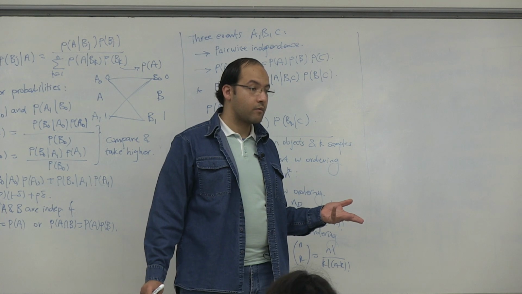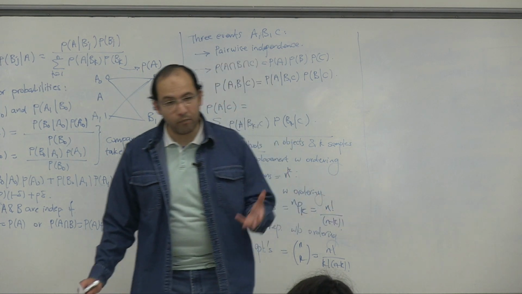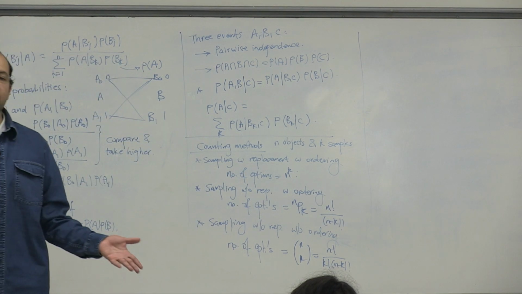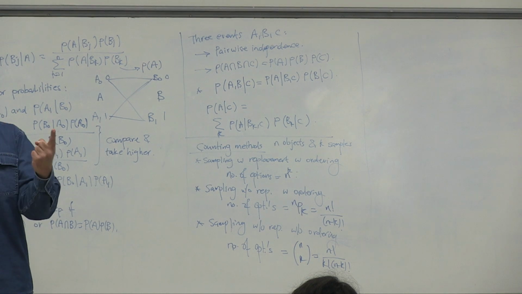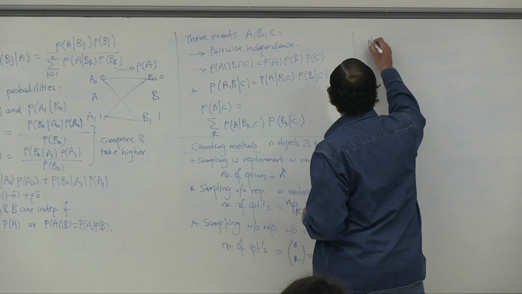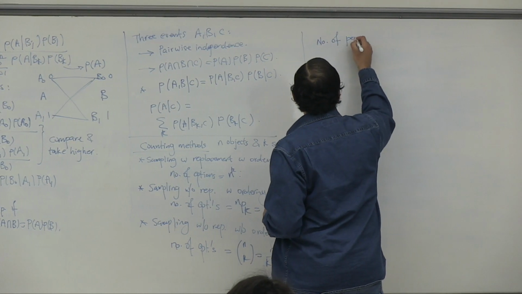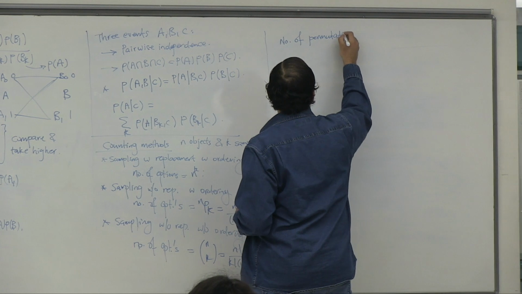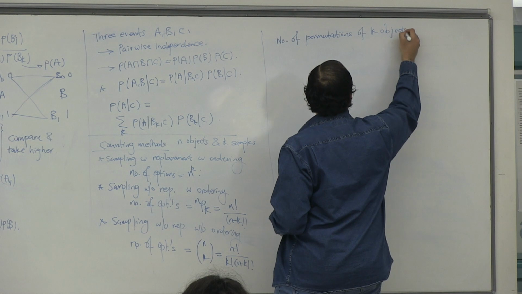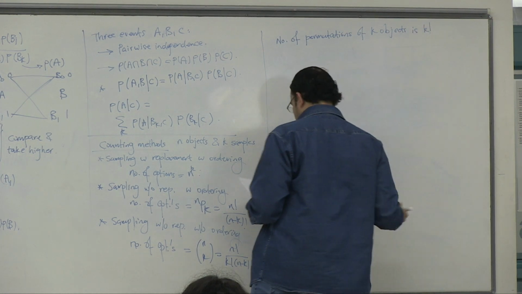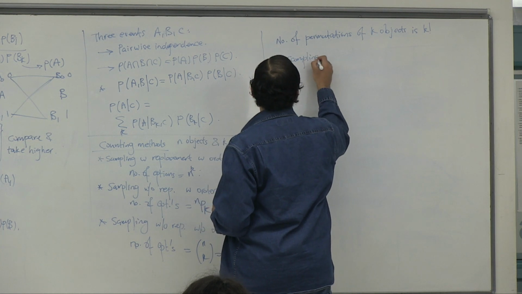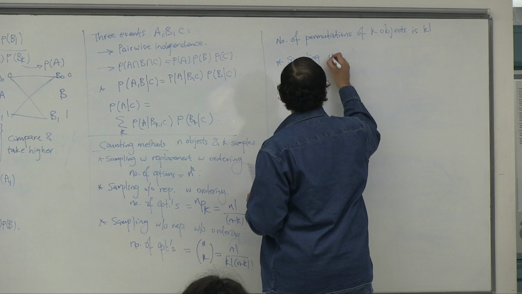Exactly. Thank you. So if you have k objects, the total number of permutations you can generate for k objects is k factorial. All of them should be treated as one option, right? Number of permutations of k objects is k factorial. And the last one, which is the most tricky one, sampling with replacement,